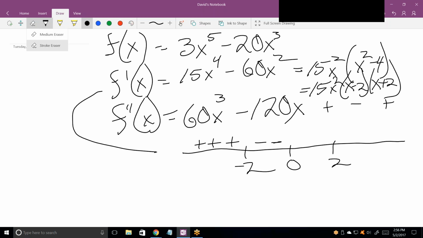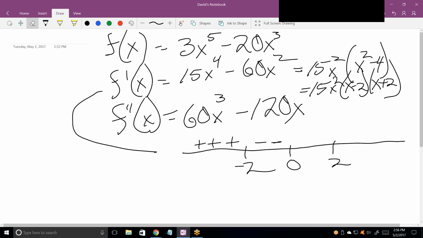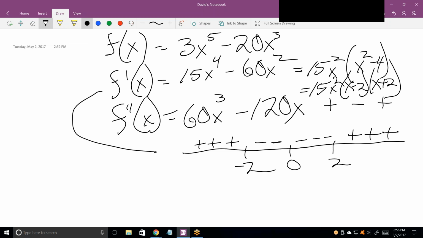Now pick a number between 0 and 2. Take 1. That's positive. What's this? That's going to be negative, and then positive. So that's going to be negative overall again. Finally, a number greater than 2. So that's positive. 3 minus 2 is positive. 3 plus 2 is positive. That's all positive. So there's your solution chart as to where f prime of x is greater than 0